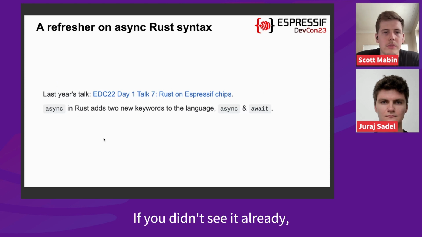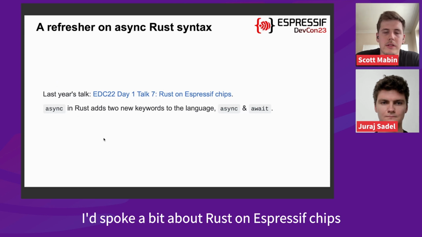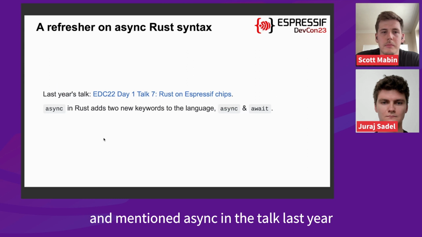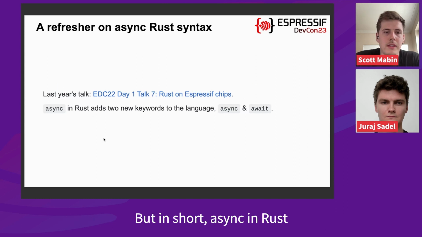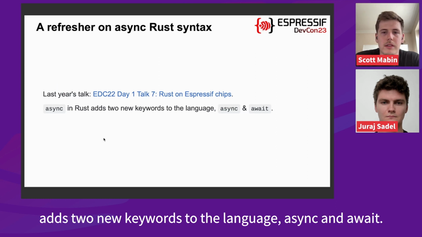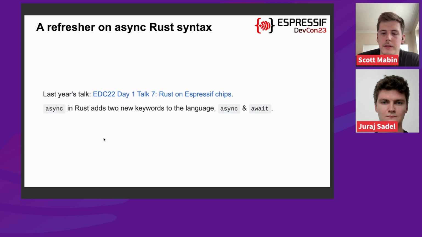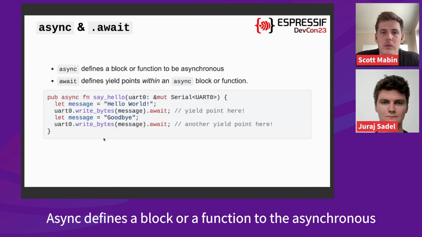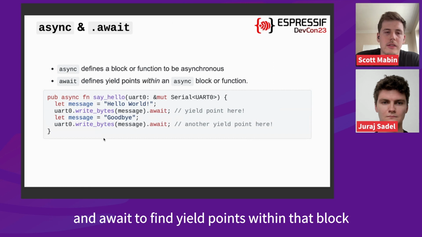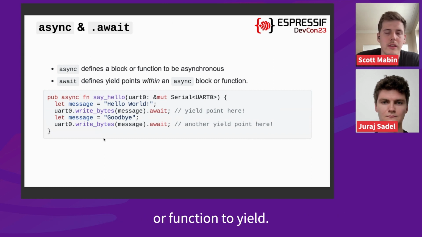So if you didn't see it already, I spoke a bit about Rust on Espressif chips and mentioned async in the talk last year at the last DevCon, so check that out if you haven't. But in short, async in Rust adds two new keywords to the language, async and await. Async defines a block or a function to be asynchronous, and await defines yield points within that block or function